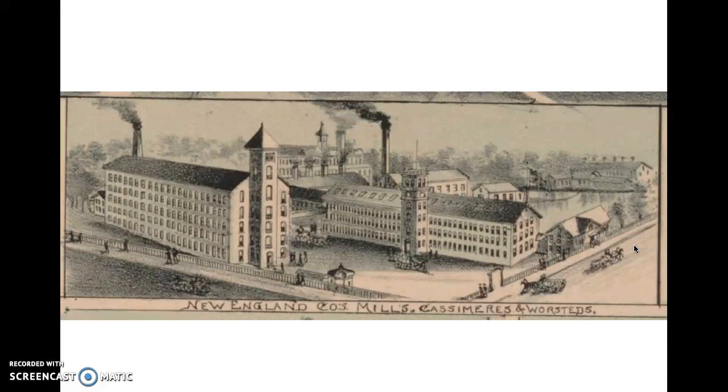Northern merchants and manufacturers participated in the slave economy and shared in its profits. Money earned in the cotton trade helped to finance industrial development and internal improvements in the North. Northern ships carried cotton to New York and Europe. Northern bankers financed cotton plantations. Northern companies insured slave property, and Northern factories turned cotton to cloth. The lords of the loom, New England's early factory owners, relied on cotton supplied by the lords of the lash, Southern slave owners. Northern manufacturers like Brooks Brothers supplied cheap fabric called, quote, "Negro cloth" to clothe the South's slaves.